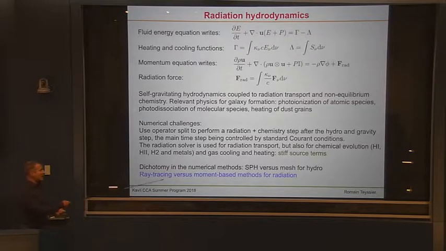You have ray tracing methods, which I will describe in a minute, versus the moment-based approach. And they're kind of the same. In one case, you solve the radiative transfer using a Lagrangian approach: you follow the light rays. That's the equivalent of a Lagrangian approach. While with the moment-based method, you solve radiative transfer by looking at each position in space and how the moments change with time. So it's like an Eulerian approach. So that's the same dichotomy.